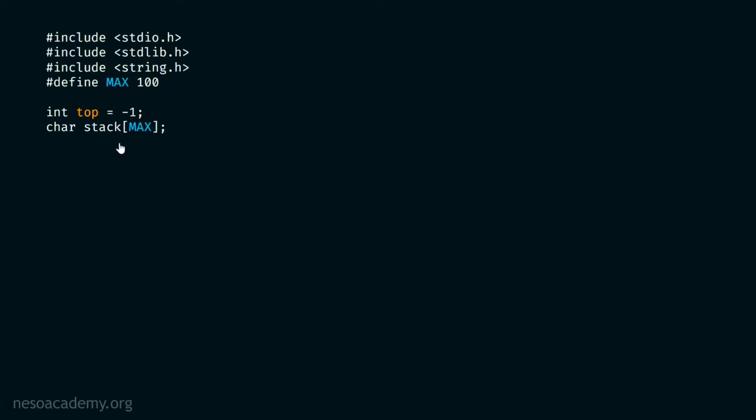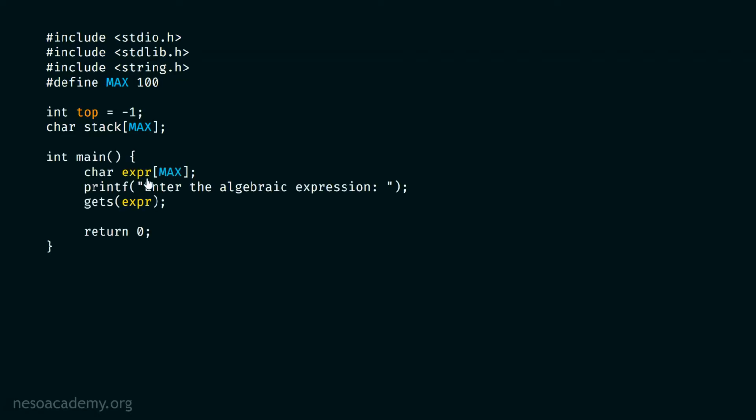After this, of course, the next step is to define our main function. Inside the main function, we have this expr array, which will actually hold the whole expression entered by the user. Here you can see this that I have called this printf function, and I'm asking the user to enter the algebraic expression. Of course, I've passed the string to this printf function, which means that this expression will get printed